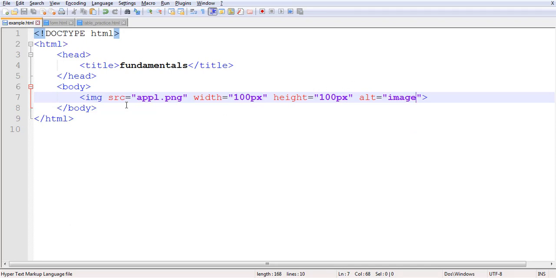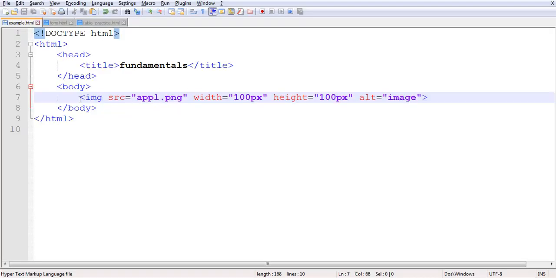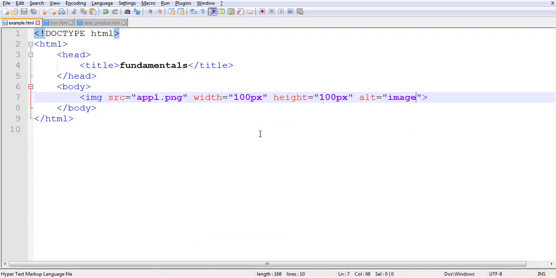Why? Because you have seen the reason right now. Next, I think you got the concept of the alt attribute. Next is link. Link means an image can also become a link. So how? For example,